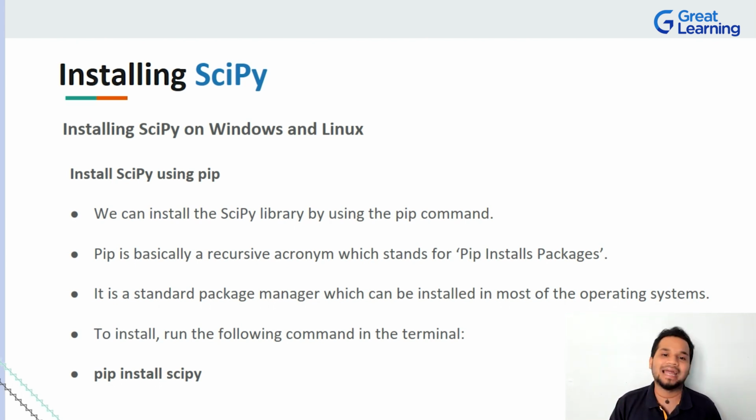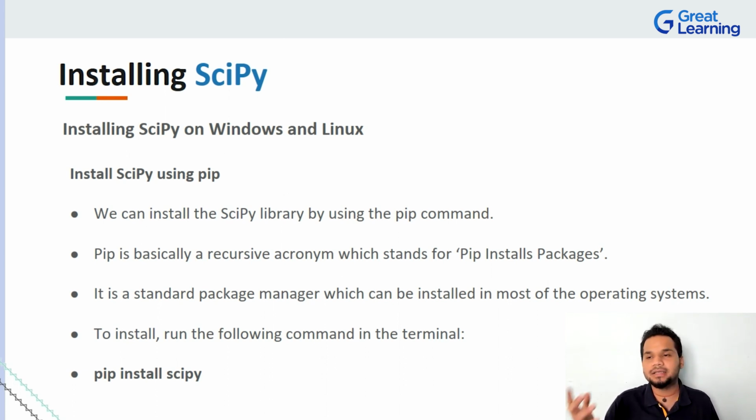So coming to Windows and Linux. Now, one very good thing about Windows and Linux, and of course, whenever you're working with the Python command line here, is that you have something called pip. Pip basically stands for package installer, right? In fact, it's a recursive acronym which stands for pip installs packages, PIP. So it is basically a package manager, which will help us install all of these libraries with ease, right? The advantage that pip brings to the table is that it's a standard package manager, as in it can be installed very easily on Windows, on Linux, and more, right?